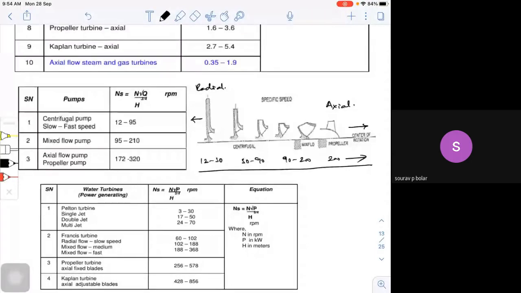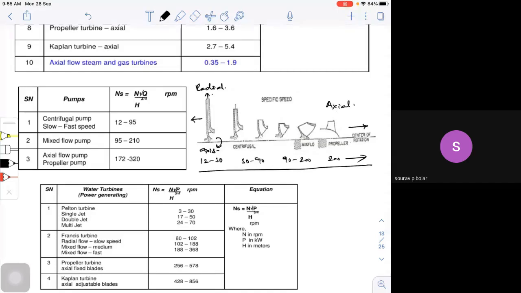So what is radial actually? Radial means, if this is my axis of rotation, look at this, then at lower specific speed the flow will be exactly perpendicular to it. Higher specific speed means I'll be working under lower head. If you look at the formula N root Q by (gH) to the power of 3 by 4, or N root P by H to the power of 5 by 4, whether it's a compressor or a pump.